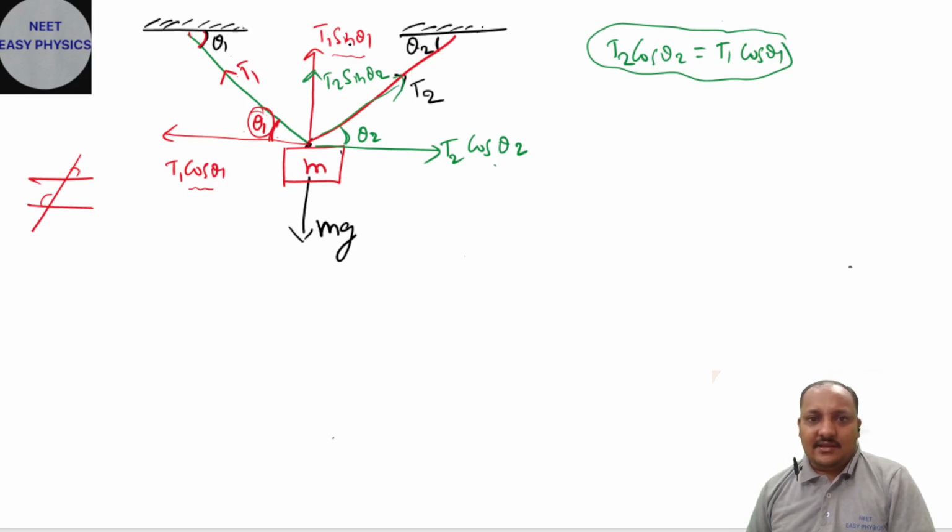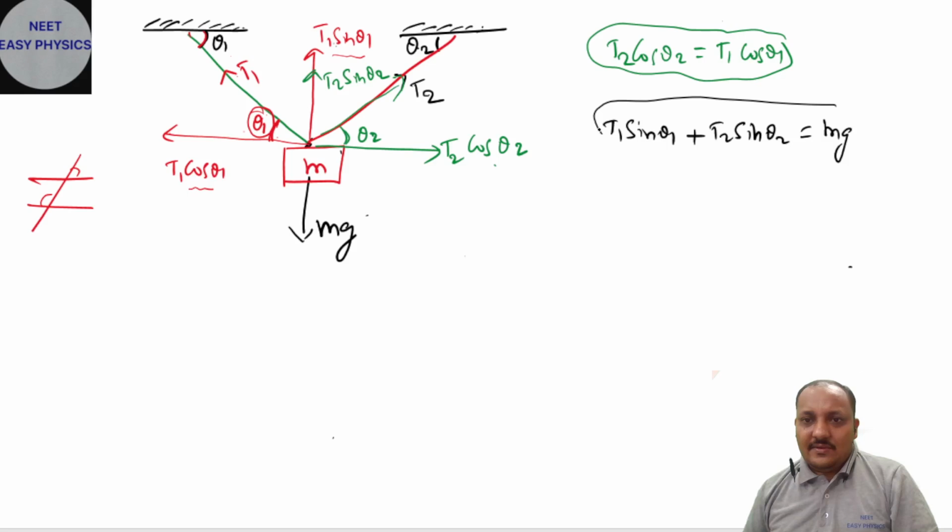Next, another one. Upward, how many forces are there here? T1 sin theta 1 plus T2 sin theta 2 equals mg. So this is at the equilibrium position. We have to take upward forces and downward forces. Next, so